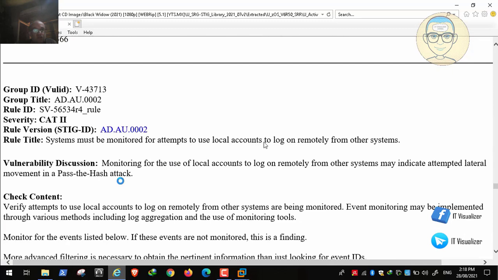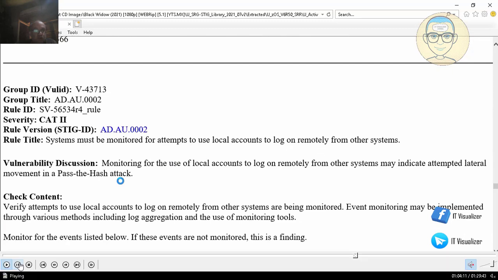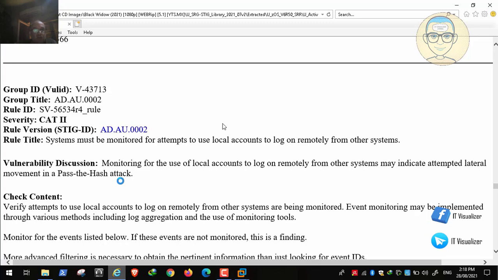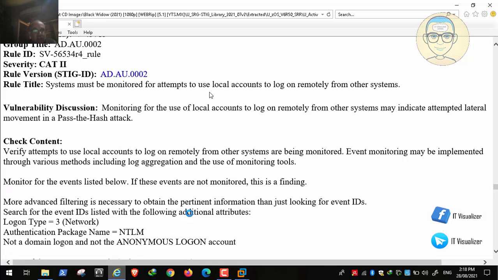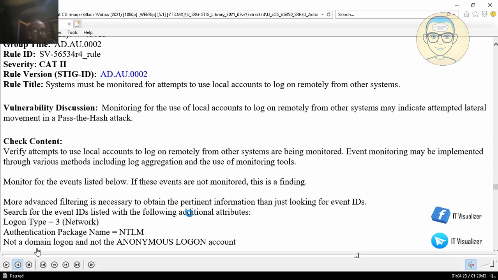The system must be monitored for attempts by local accounts to log in remotely, and you should take care if there are local accounts, or a local administrator on a machine, trying to access it through a remote session. This also should be monitored, and you should know. You can get this kind of event from the event log. So, for example, if I am a local administrator on a machine and I am accessing it with my local account remotely, this will be recorded